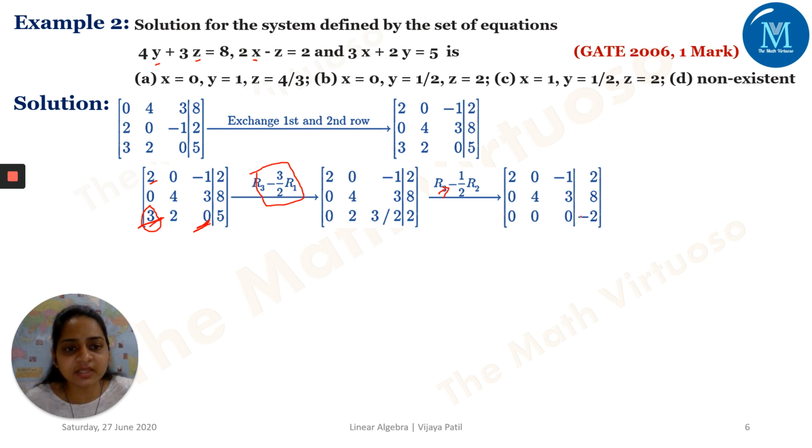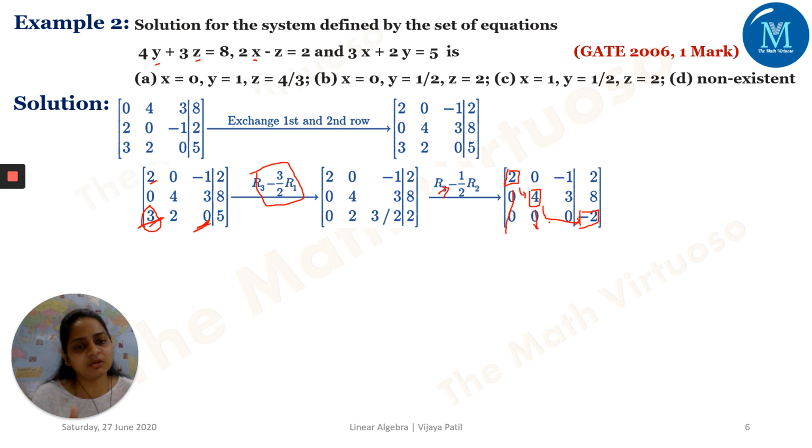So what if I consider this matrix of order 3 rows, 4 columns? What is the rank of this matrix? Because if you observe, this 2 is the first non-zero element of the first row, below that all of them are 0. Then go to the next, its first non-zero element is 4, below that is 0. Then moving to the next, the first non-zero element is here, which is -2. So this is my echelon form.